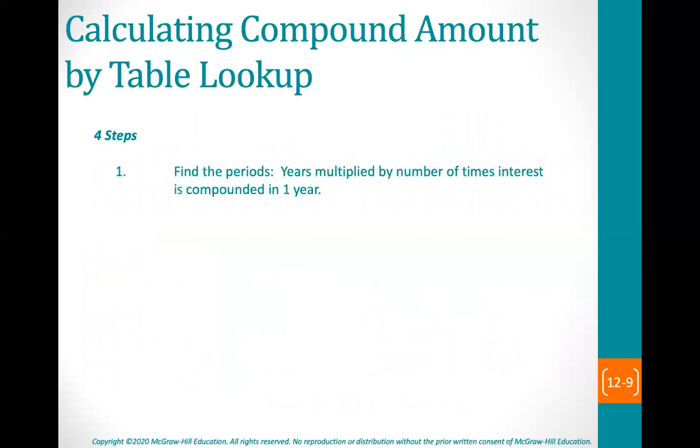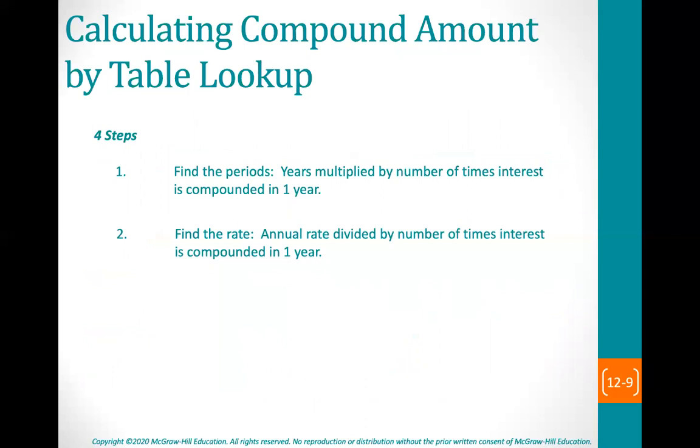Find the number of periods: years multiplied by the number of times interest is compounded in 1 year. So if it's compounded semi-annually for 20 years, you have 20 years times 2, you would have 40 periods. Find the rate: annual rate divided by the number of times interest is compounded in 1 year. So in our example, if we had the 20-year semi-annual, say it's 6%, 6% divided by 2, the rate would